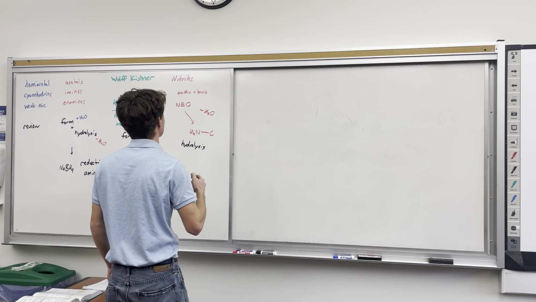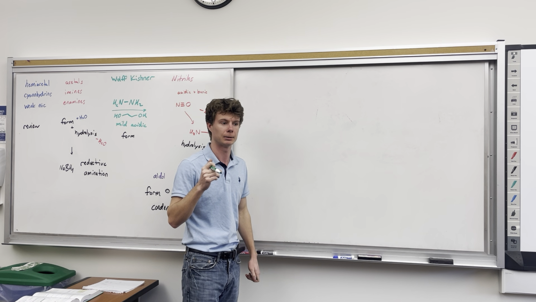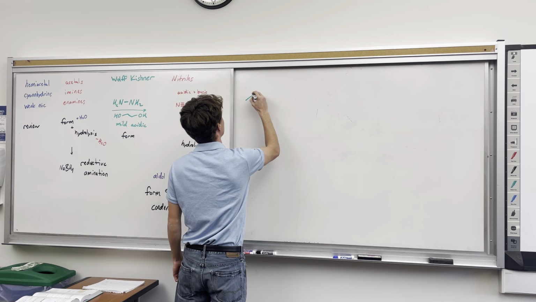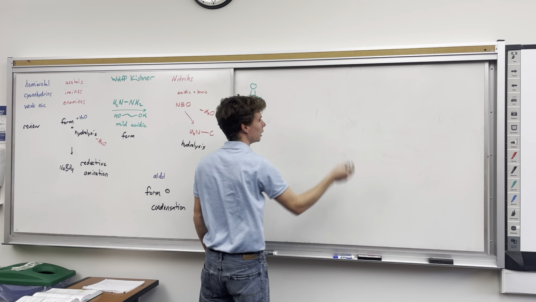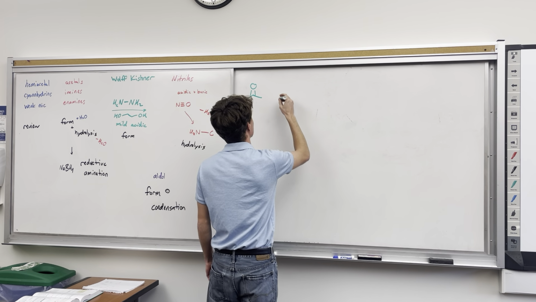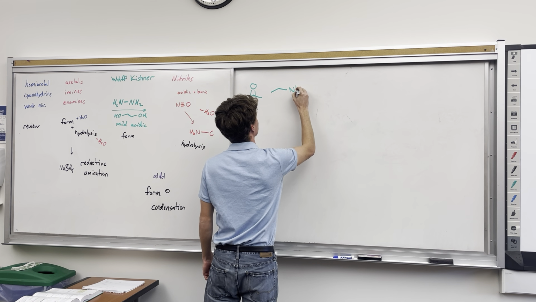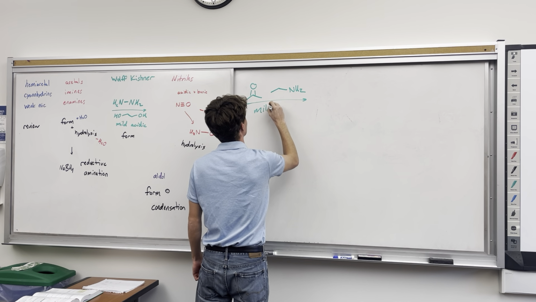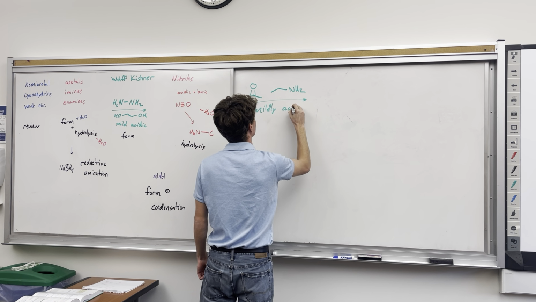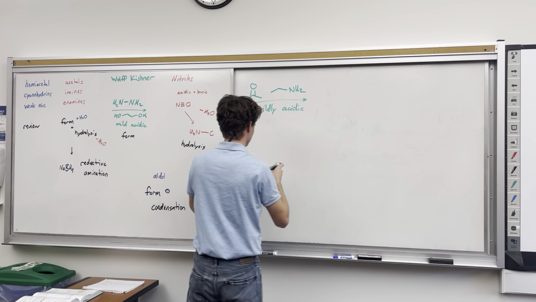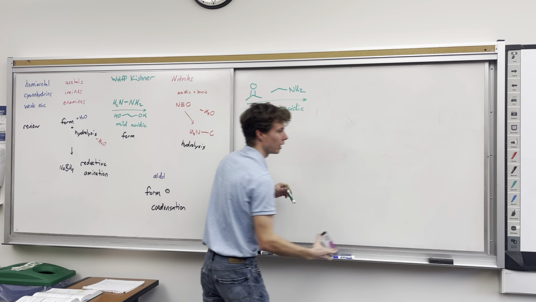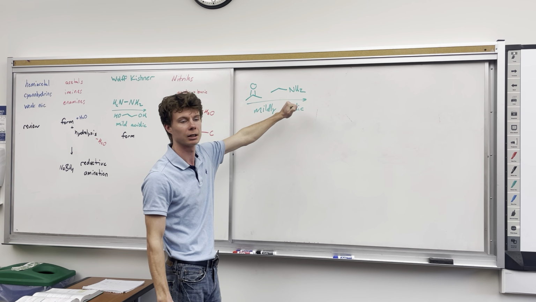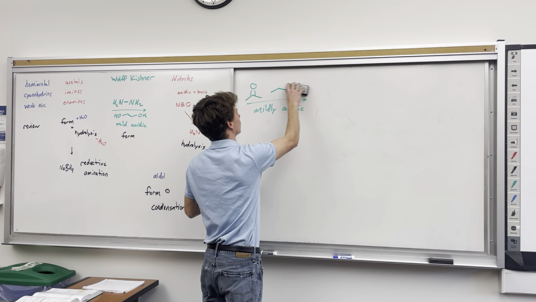So with Wolff-Kishner, we first need to make an imine, okay? So I have, just say, a ketone. To make an imine, I can use NH3 or a primary amine, under mildly acidic conditions. It works the same as an imine. Okay. Wolff-Kishner